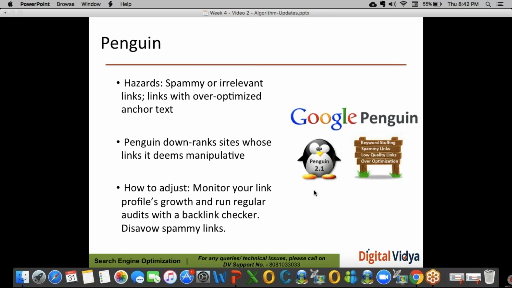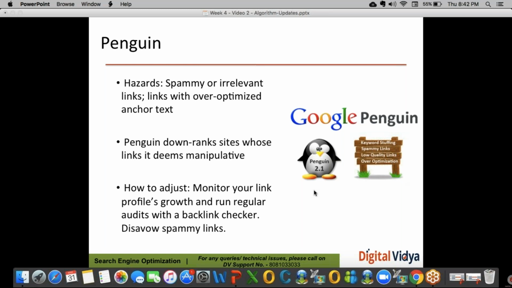Amaya says over optimized anchor text. When I say over optimized, it means always getting a backlink from your exact keyword. It is not advisable to always get a backlink from the keyword. For example, your keyword is SEO company in Mumbai.